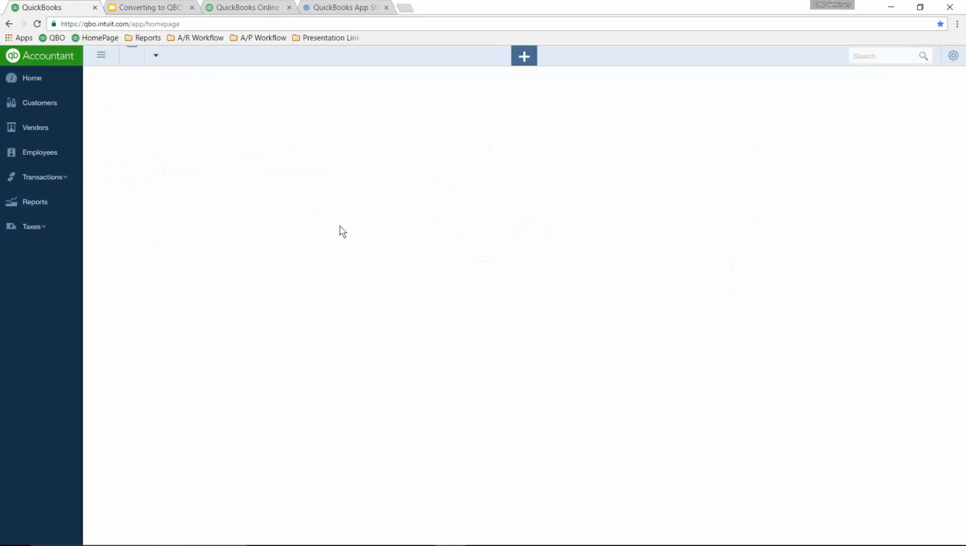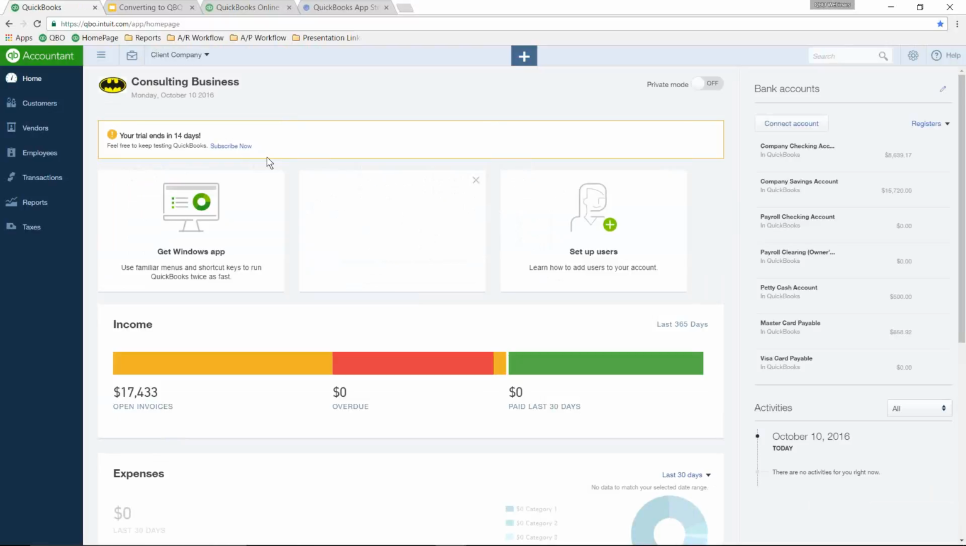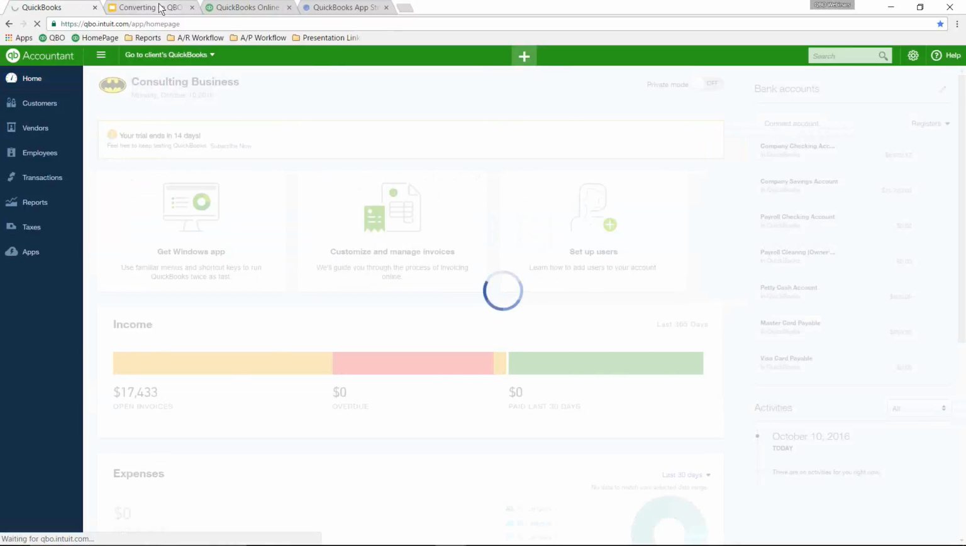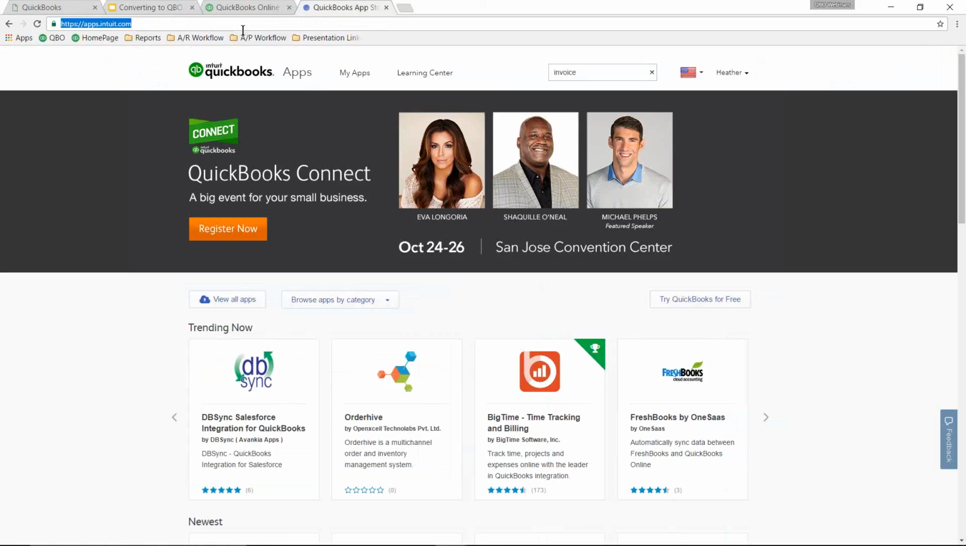I've already gone through the Setup Wizard, so you're not going to see it here on this company, but this is our sample company. All right, so I'm going to go ahead and click back out of here and jump back into the slides. So my other option is to go back out to QuickBooks.com,